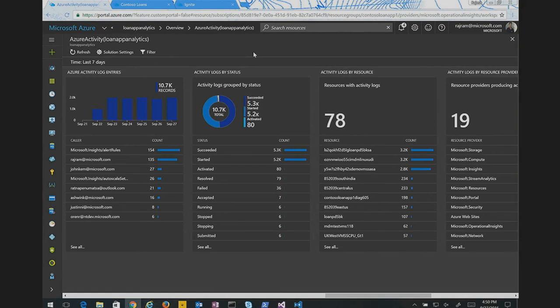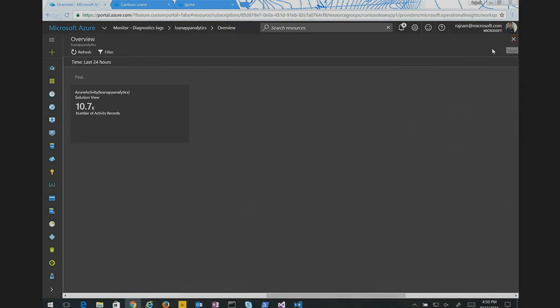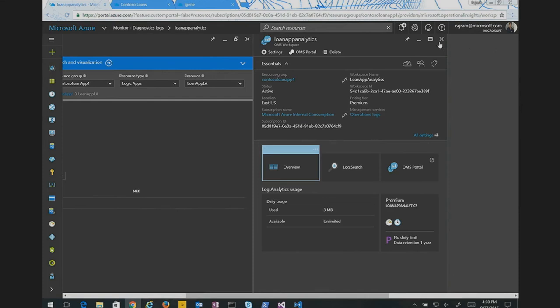Without having to write custom queries and things. Let me make sure we understand. We started with the activity log and saw the basic experience out of the box from the portal. Now, by turning on premium analytics on top of it, without having to write any additional queries or scripts, without leaving the portal, you just have full, deep-dive analytics, all within the portal. And all of these can then be pinned,